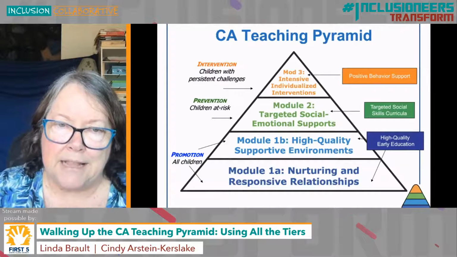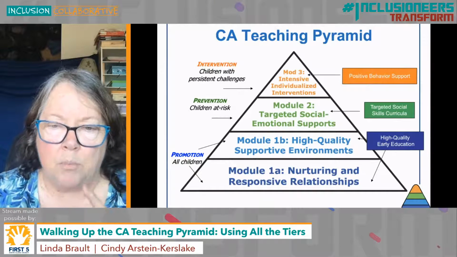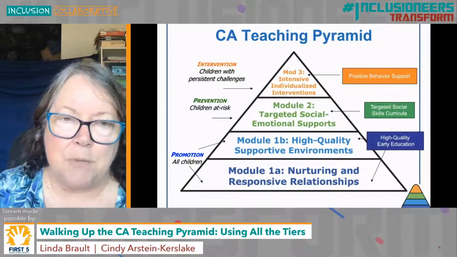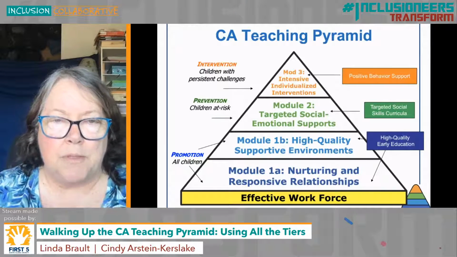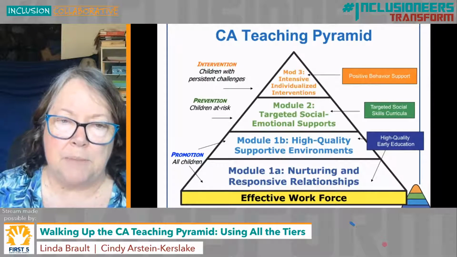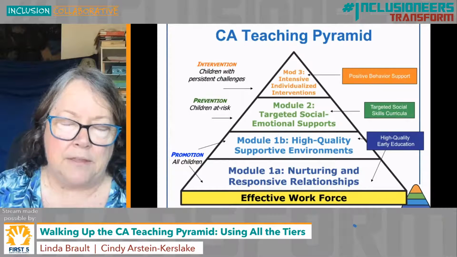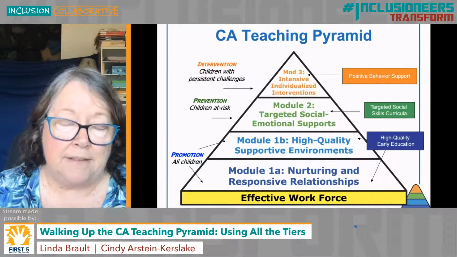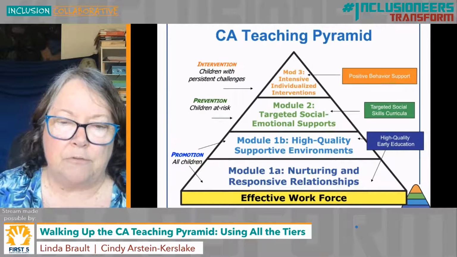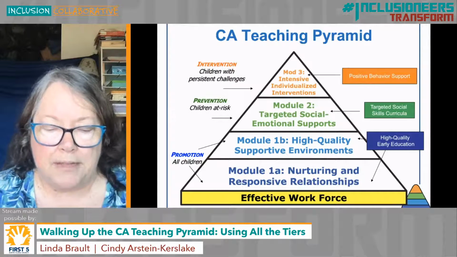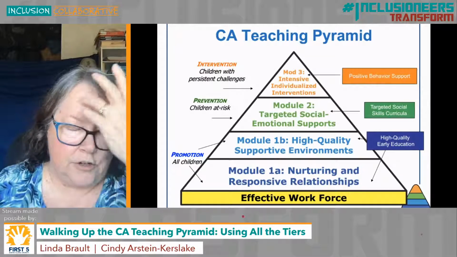But what we like to tell everybody is there's really one more tier that is the most important tier, and that is the effective workforce. Because without the staff and teachers and administrators knowing about these practices and implementing these evidence-based practices, we wouldn't get much good information. So one of the things we like to do as we train in the teaching pyramid is